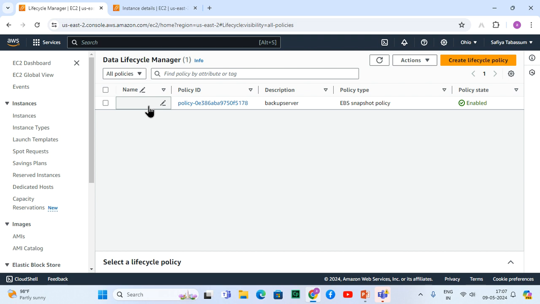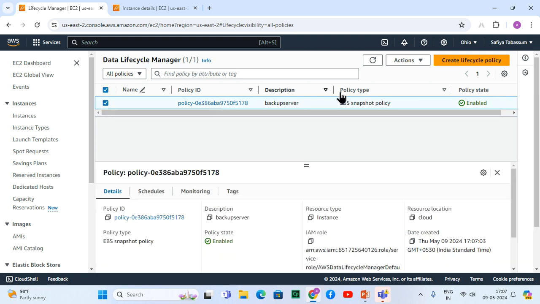It's a kind of repeated work you have to do daily. So why not make a Lifecycle Manager to back up the servers? Yes, it's possible. You can select the backup server. Now we have done this. You have instance, Azure instance.